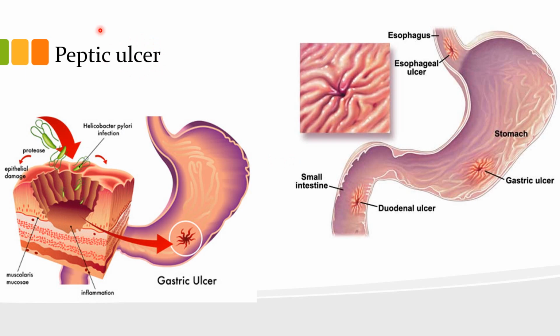The term peptic means that the source of the ulceration, the cause of the ulceration, is the gastric acid. So if we have reflux of gastric acid into the esophagus, this will cause an esophageal ulcer. If it happens in the stomach, we call it a gastric ulcer. It may happen in the duodenum and this is called a duodenal ulcer, and most commonly this affects the first part